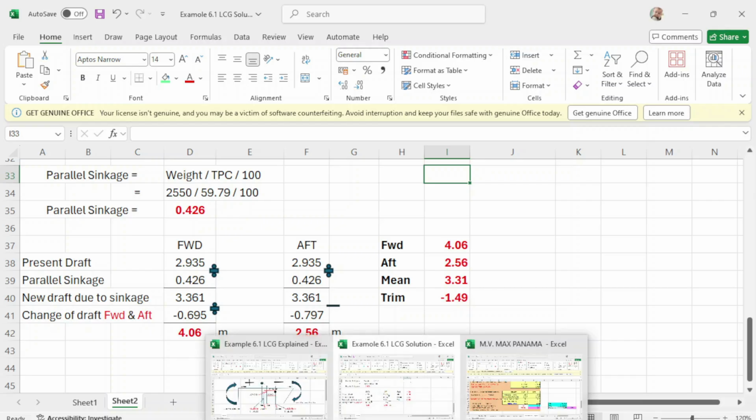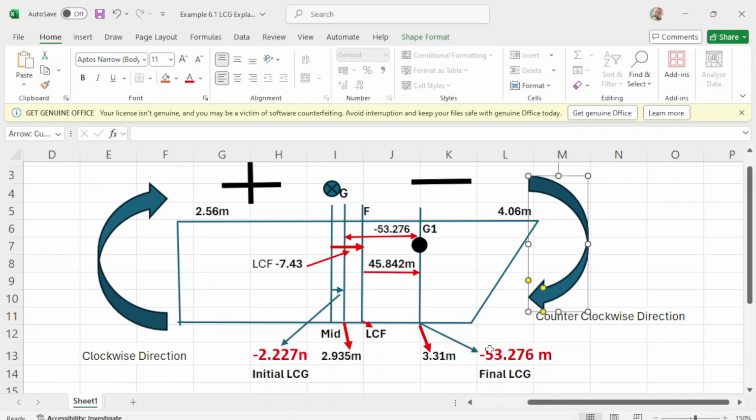I want to emphasize this one. Take note, guys. Again, I will emphasize. Your center of flotation is in this line of F, but the distance of LCF from midship is 7.43. Let's say this is from here, midship going to F is 7.43. Negative because it's in the forward part. That's why it's negative.